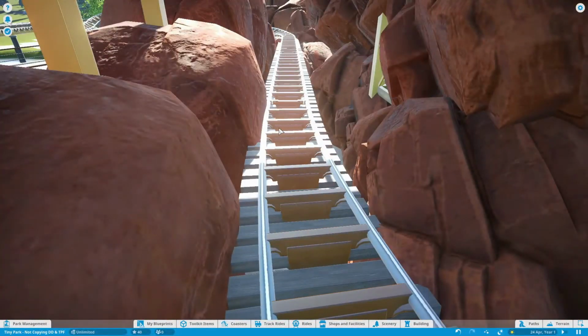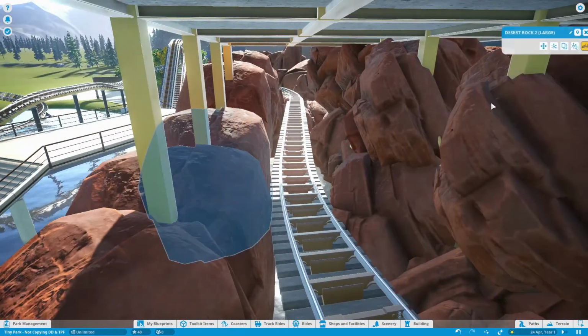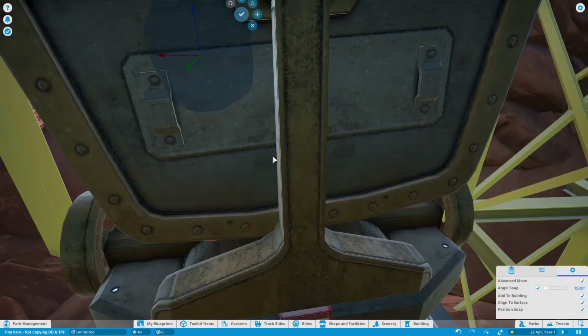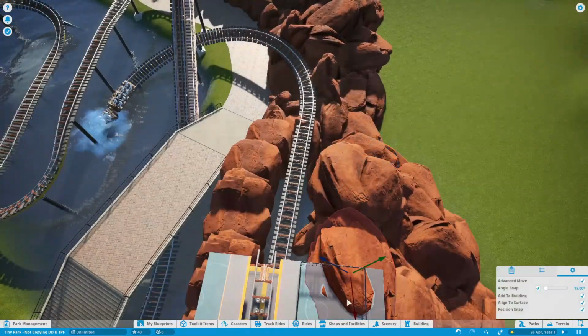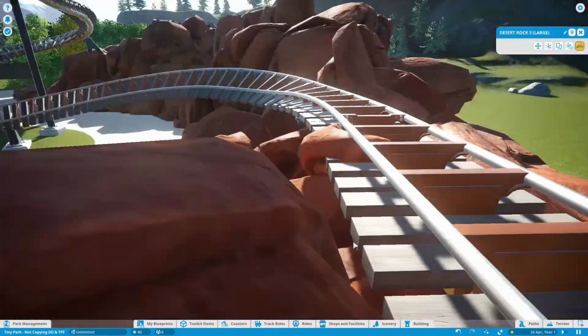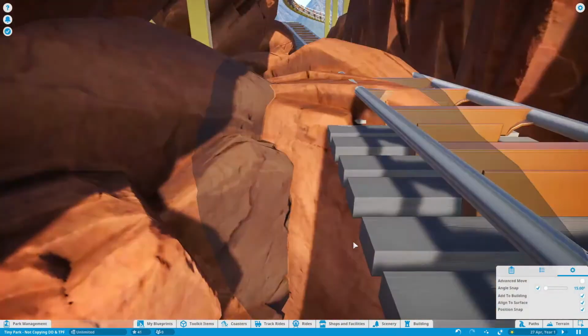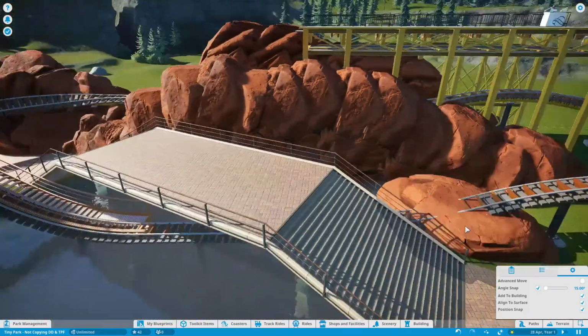I do add in a building for the station later on. That is, it's going to be like a mining, logging sort of company. So yeah, that's what the basic theme is of this ride. It's, like I say, based on Wild West. Tried to cover up the water below there, and